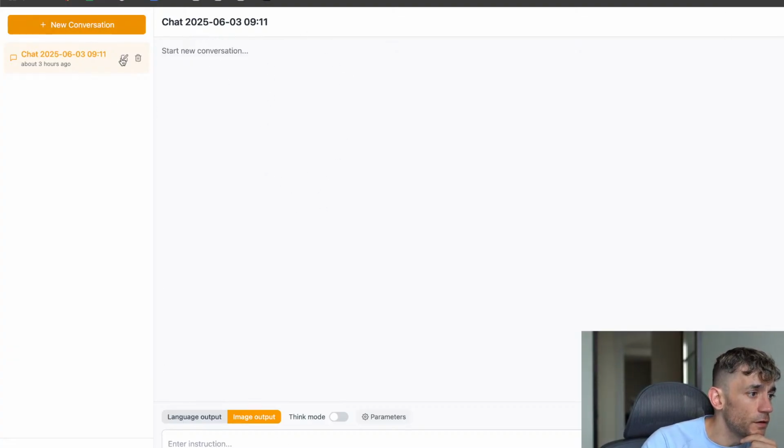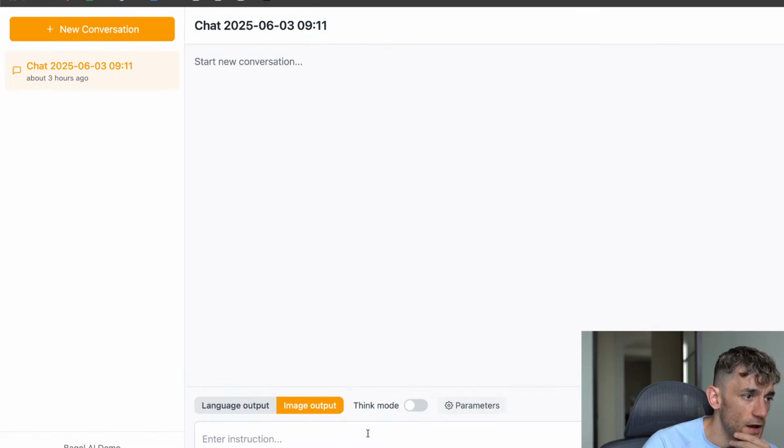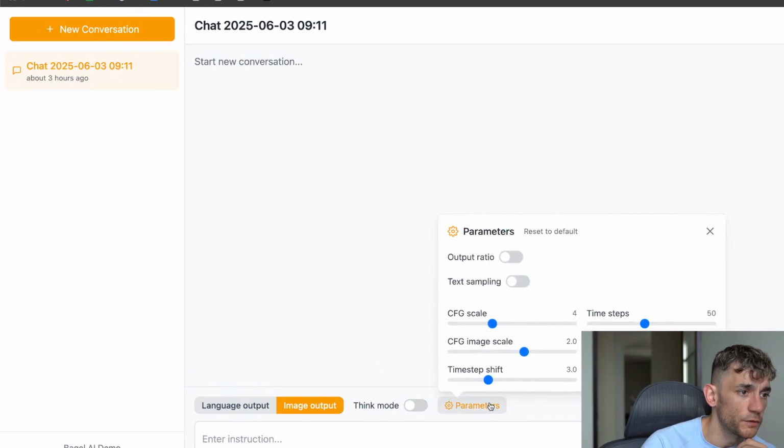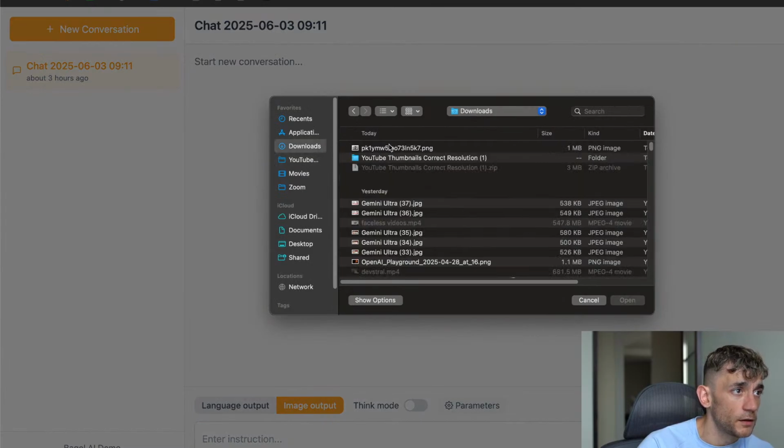So you can start a new conversation. You can actually change the language here as well. So you can change what language you have, and also the image output, and you can switch on think mode if you want to as well. And then you can switch between different parameters for the image as well. I'm just going to leave those as default, and then we're going to open up an example image,